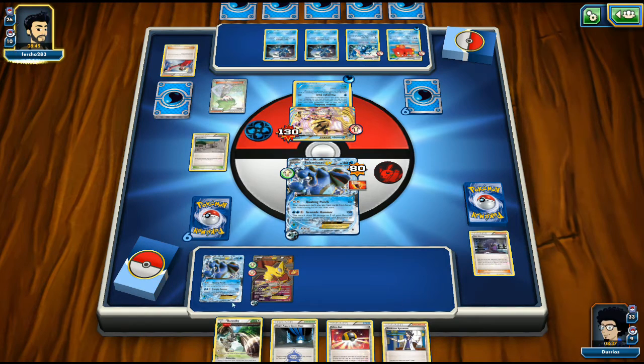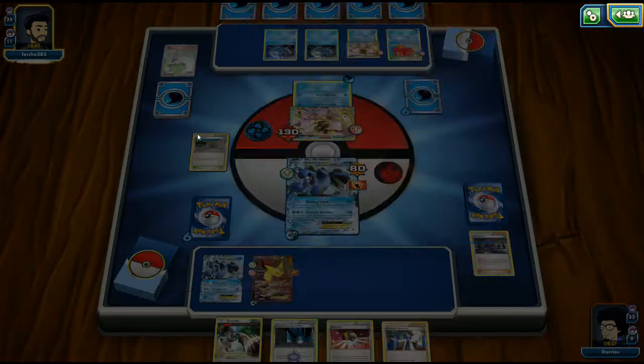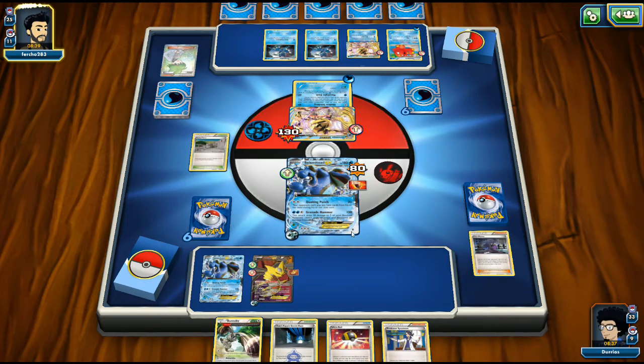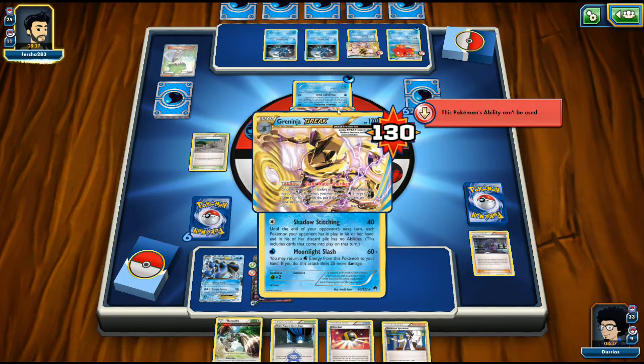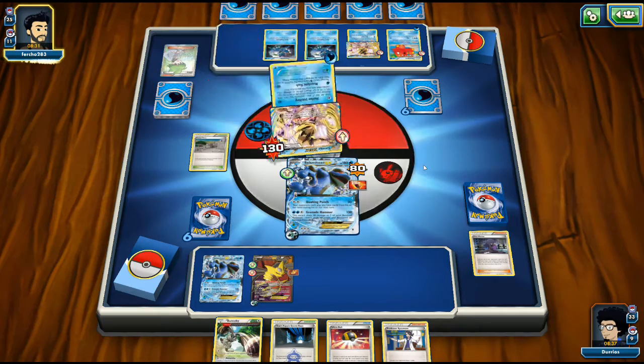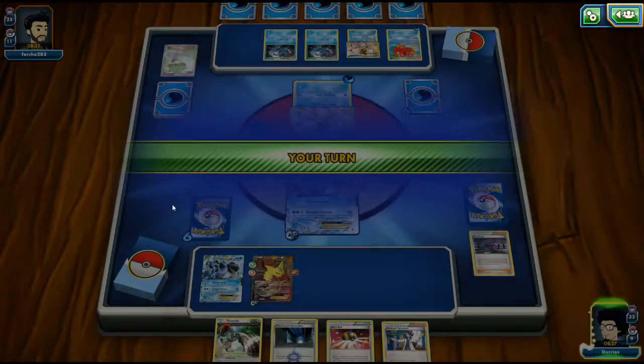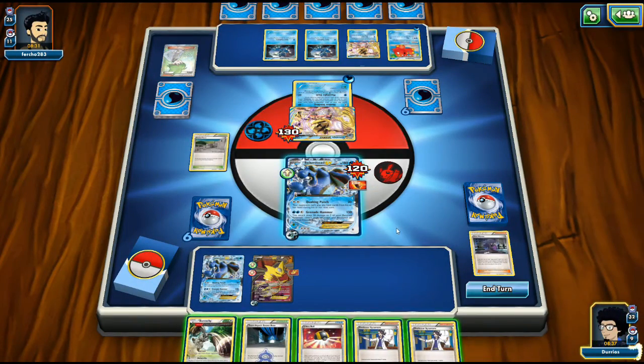If we had a Cassius, we could Cassius the Seismitoad into our deck and then Quaking Punch with this Toad on the bench. But we don't have a Muscle Band for that either, so it wouldn't be a knockout. I just want to knock out this Greninja Break. Right now my opponent cannot do anything except for Shadow Stitching, for example, or the Moonlight Slash, but it goes for a Shadow Stitching, and we will probably